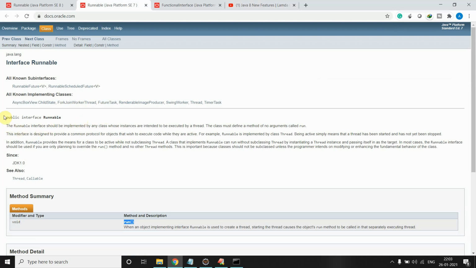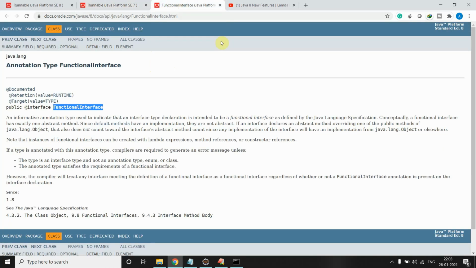If you see here, we don't have anything called FunctionalInterface. Why is it not here? Because this example is from the Java 8 documentation. If you see the title here, Java Platform SE 7. Let me go to the Java 8 documentation.